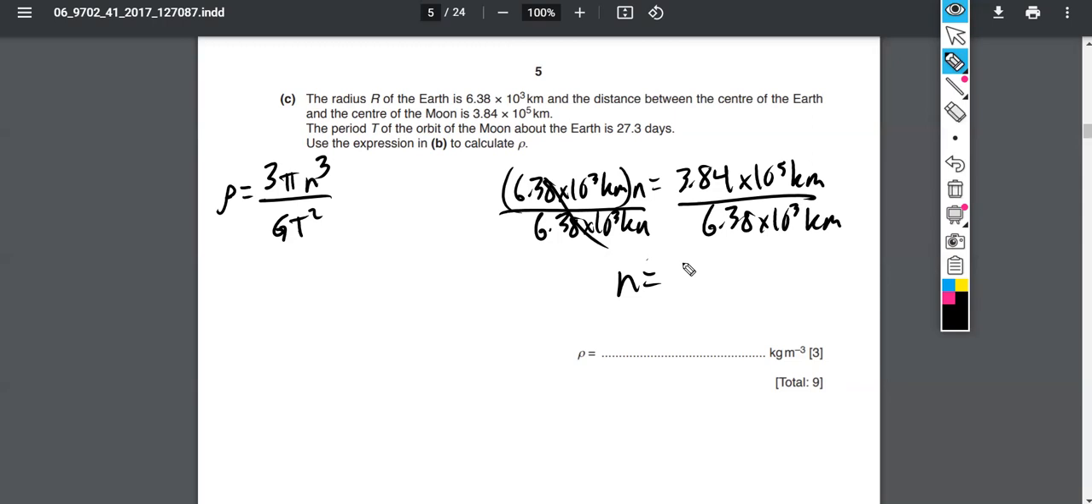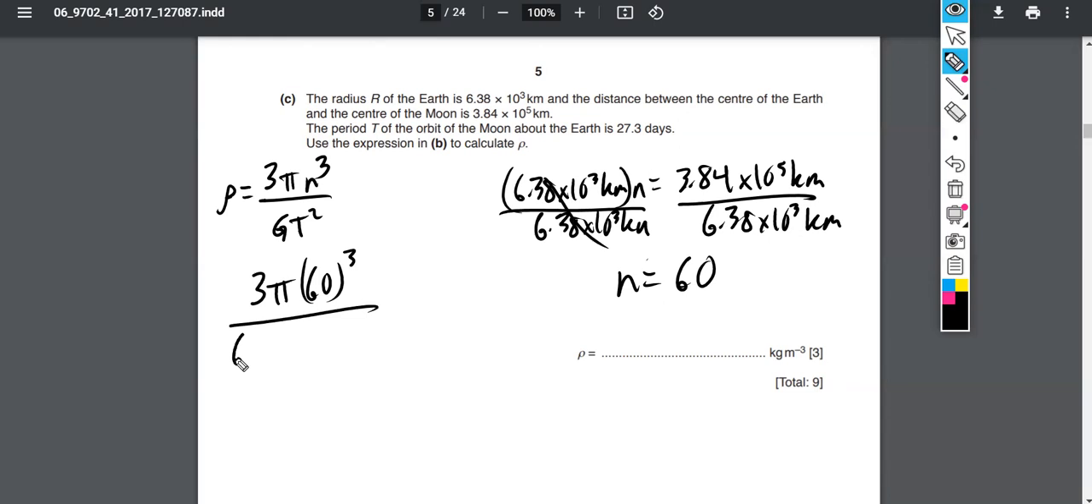3.84, this is where you need a calculator, right? 3.84 by 10 to the 5 divided by 6.38 by 10 to the 3 is 60.18. It's about 60. The moon is 30 times the Earth diameter away, right? So it's 60 times the Earth radius. That should make sense. All right, so now we've got 3 pi 60, that's the value of n cubed, over,